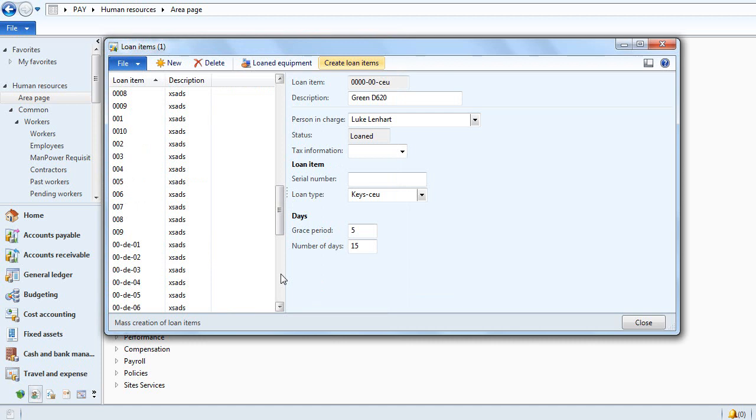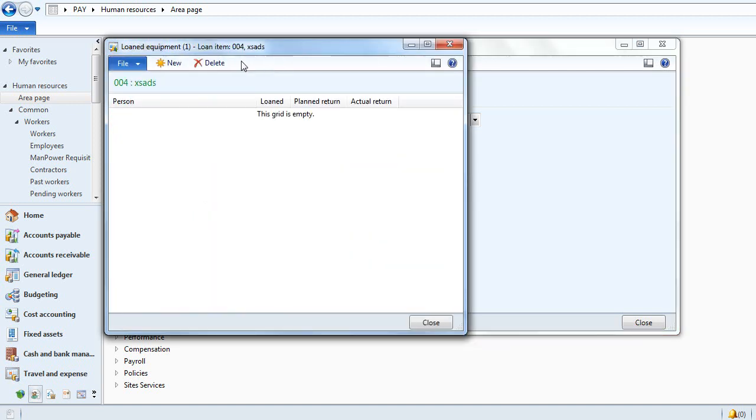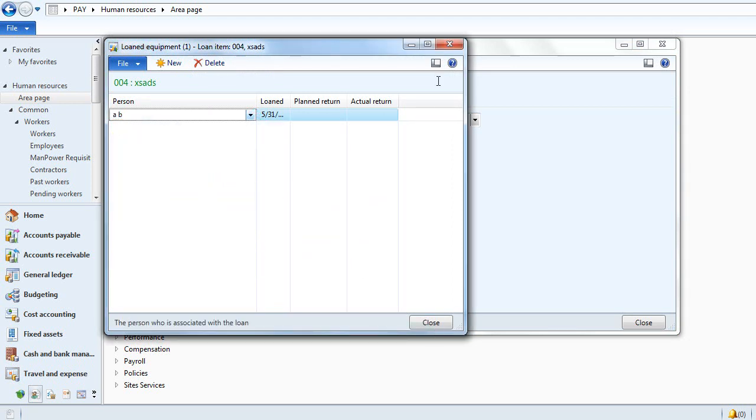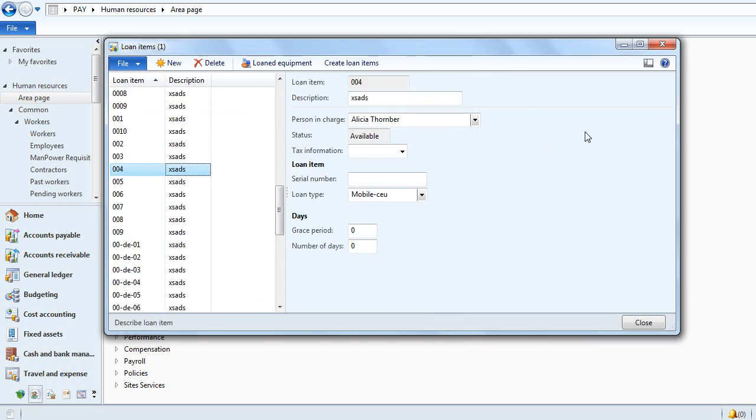We can assign the created loan item to an employee. This is how we create multiple loan items, and this is how we assign those items to employees of the organization.